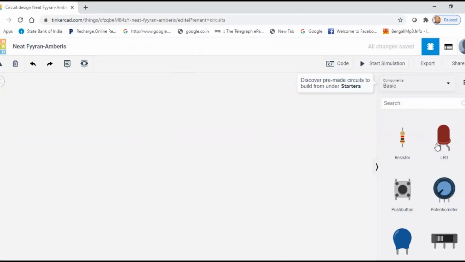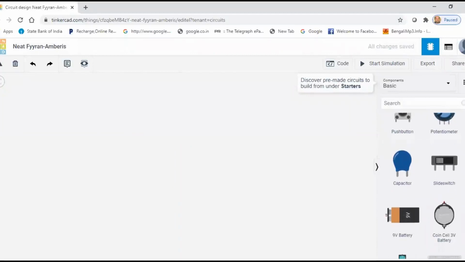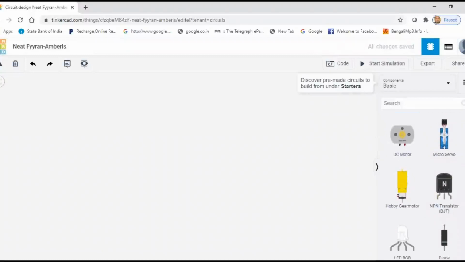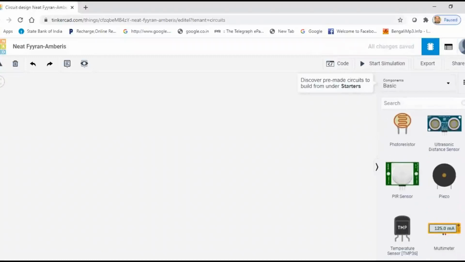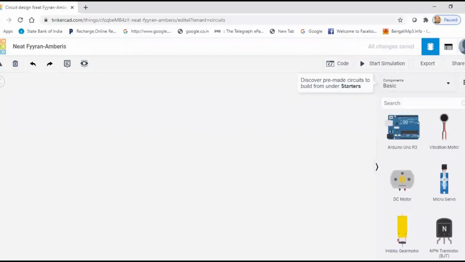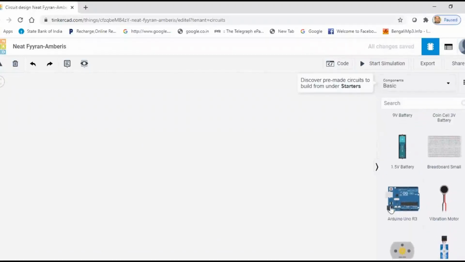Now on this side you see that there are several devices and components available: resistance, LEDs, push button, capacitors, batteries. We can choose any element as per our requirement.